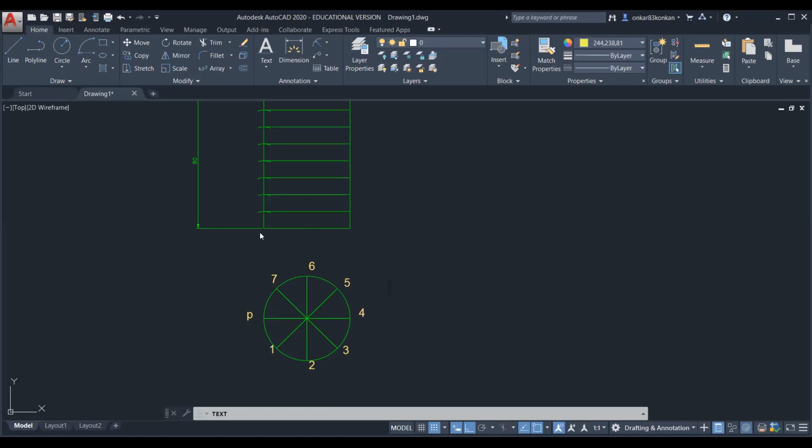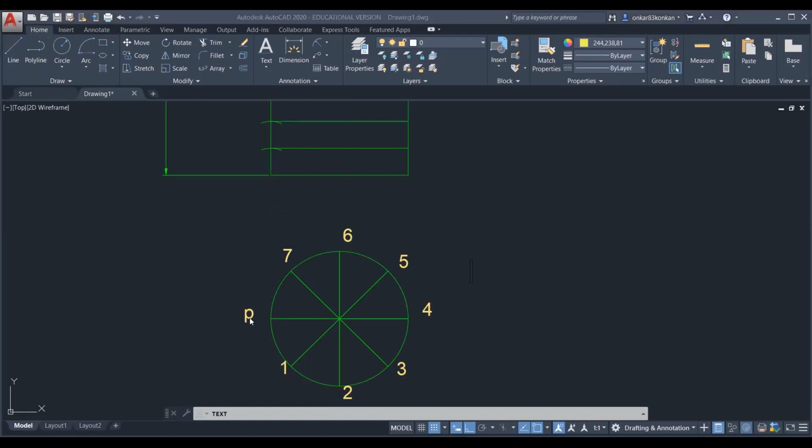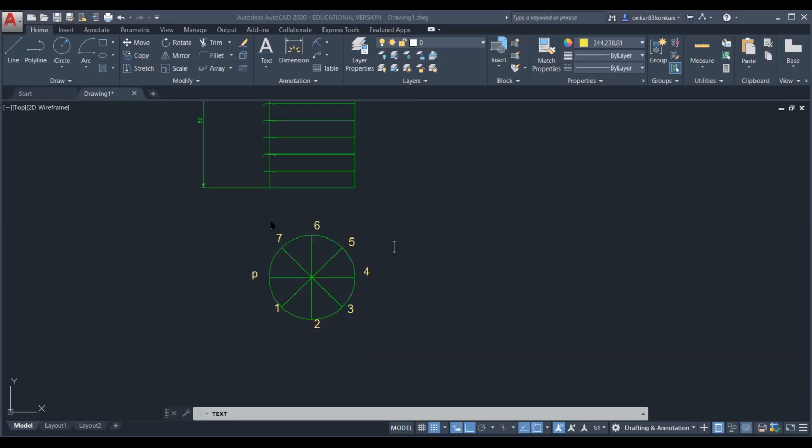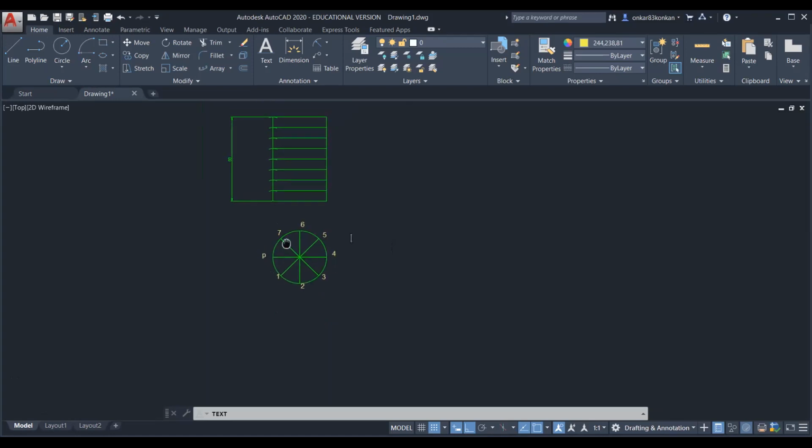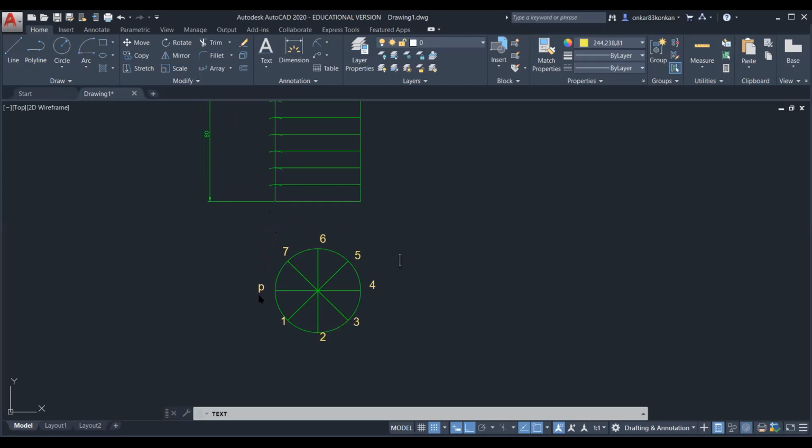Similarly, give the names in the front view. I have taken this point P. The meaning of this P is that your curve will start from this corner. So this is the starting point. After this, give the names in this sequence, 1 to 7. So this is your P point.